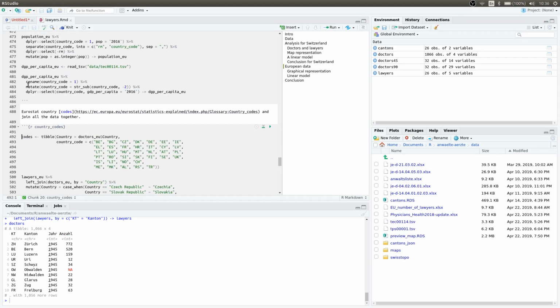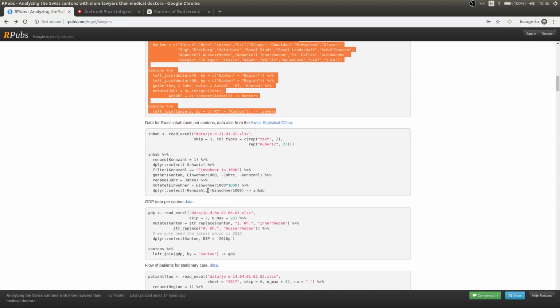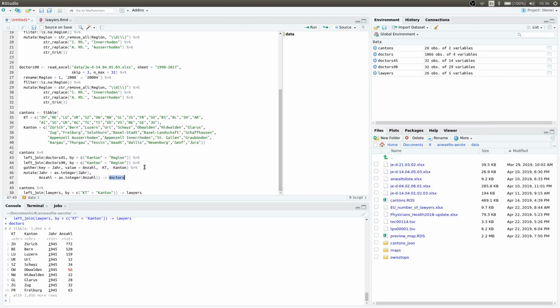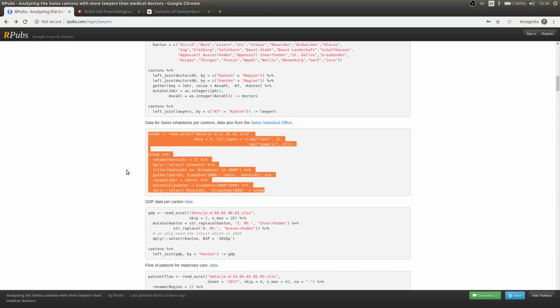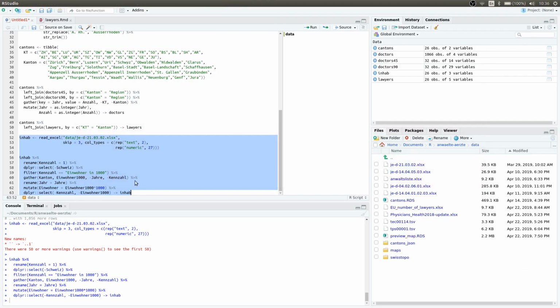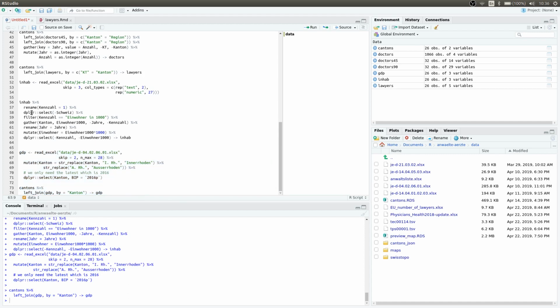We also will use the inhabitant numbers, the population data for Switzerland, also from the Office of Statistics, as well as GDP data from the same source. All this data wrangling that we're doing here, we basically select the things that we are interested in. The issue always with this kind of data is that